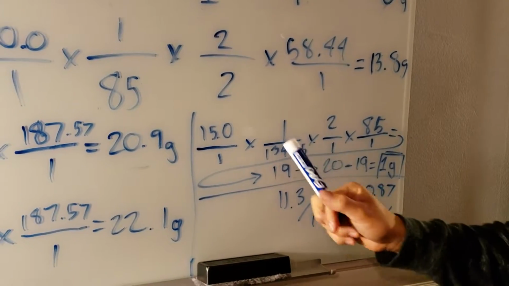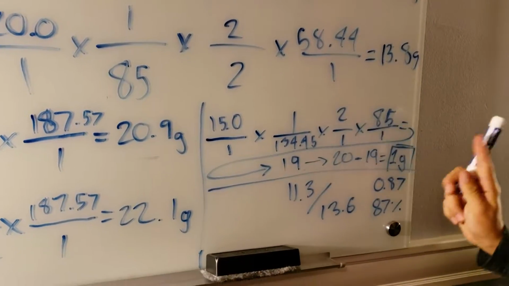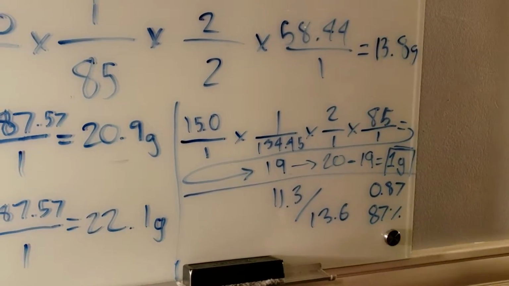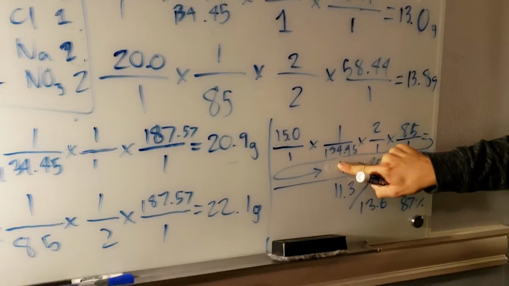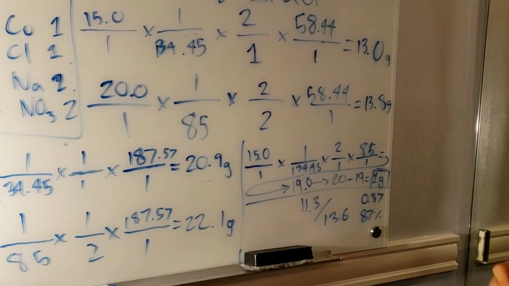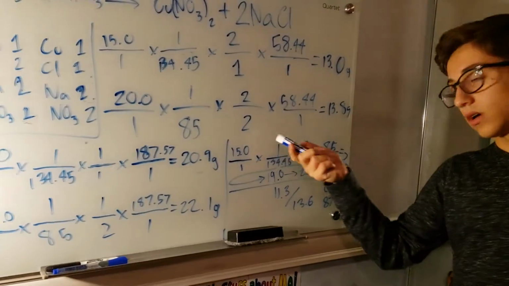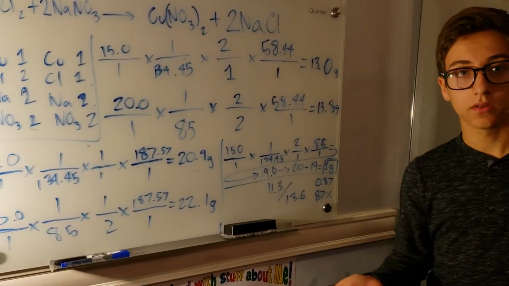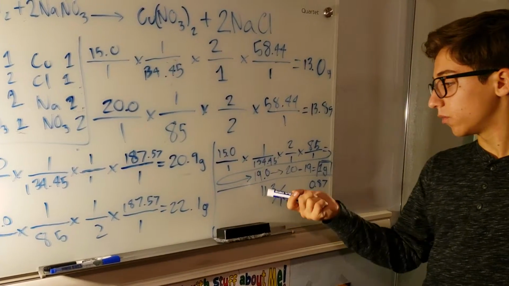As you can see, we're doing that same equation, and we end up with, oh, this is not right, it's 19.0. So in the end, because of sig fig rules, we have